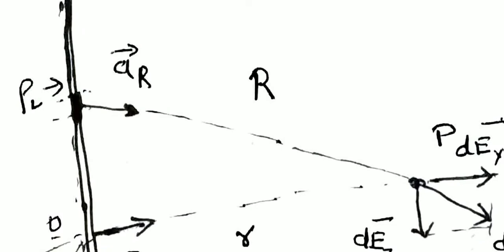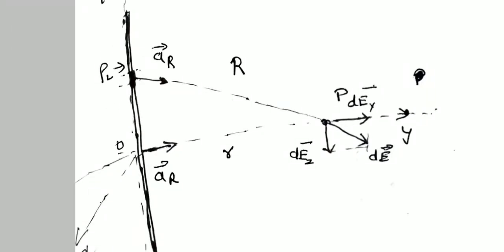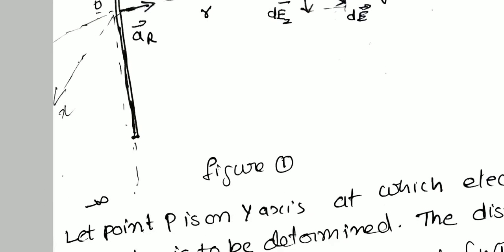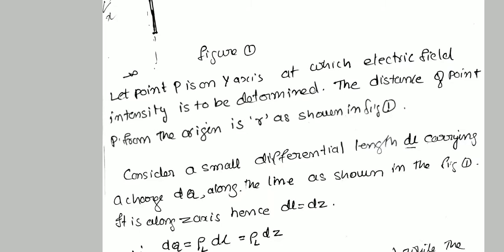That part of the wire, let us call it dl, small length dl, and the charge present in that part of the wire as dq. And the distance between that charge dq and our point is given by the letter r. Here r indicates the distance vector from the point where we are measuring to the point where our differential charge is present.